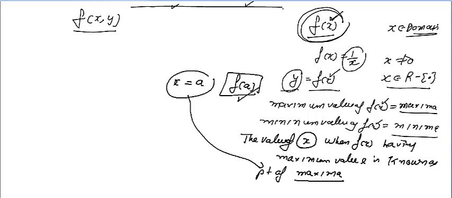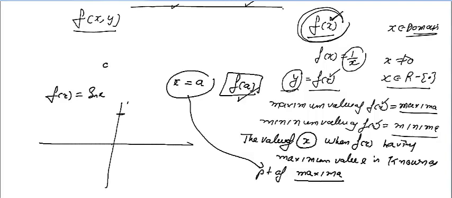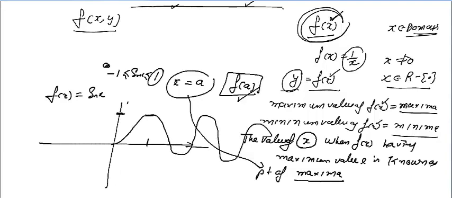Let us suppose an example, like f(x) is equal to sin x. You know the graph of sin x, and the value of sin x always lies between -1 and 1. So the maximum value of sin x is 1. When you put pi by 2, 90 degrees, you get 1. Again, many times you will get one as the value. So you may have more than one point of maxima, or more than one point of minima.